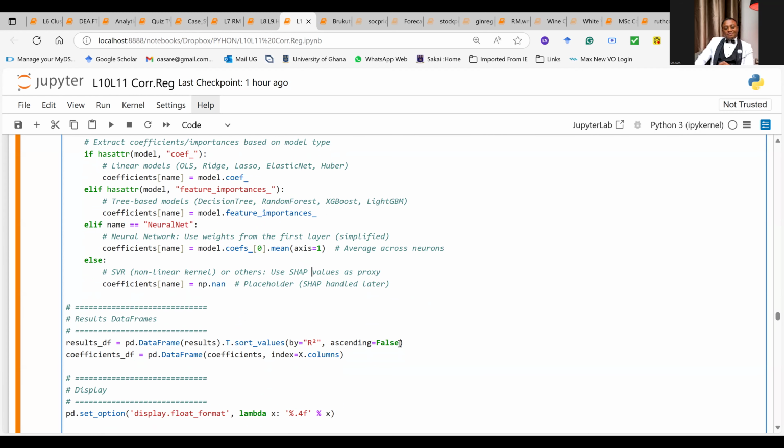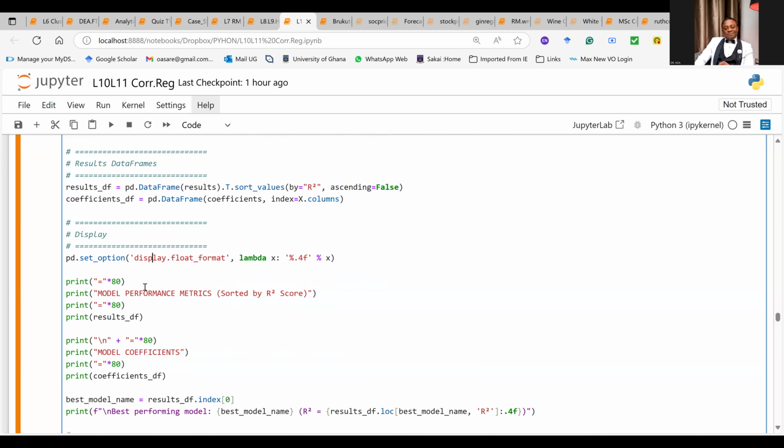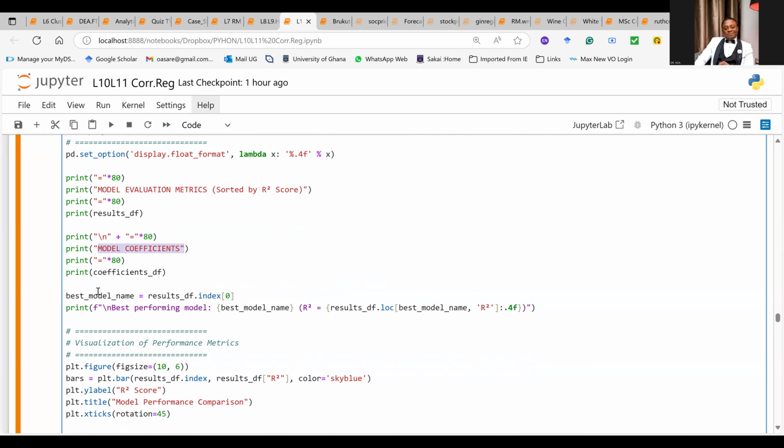I sort the values by the R square in a descending order, so ascending order here will be false. And then in the display section, we display the model performance metrics. Again, I can change it to evaluation metrics, sorted by the R square. I didn't want to do the sorting by each model.